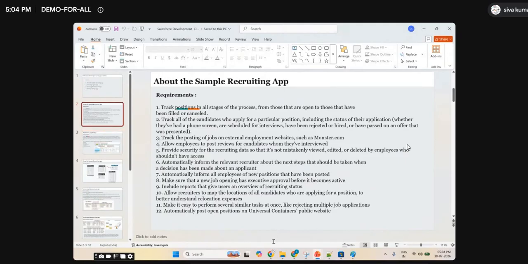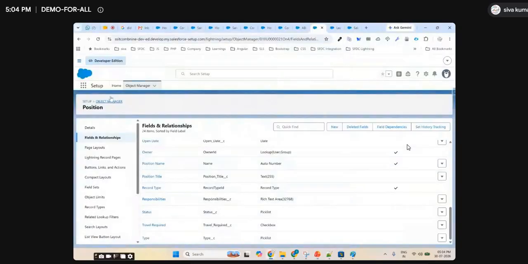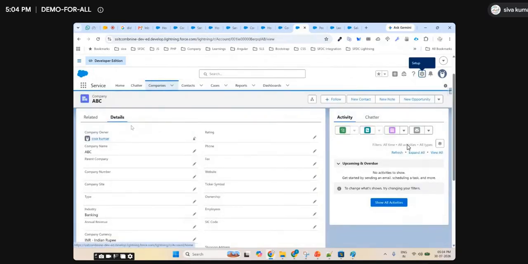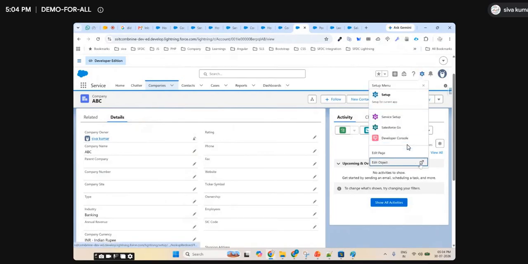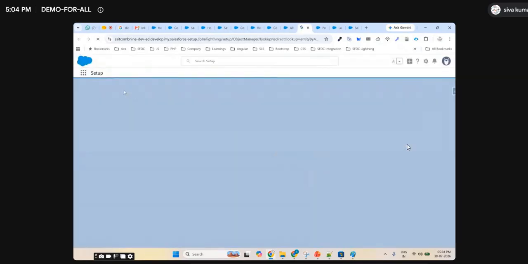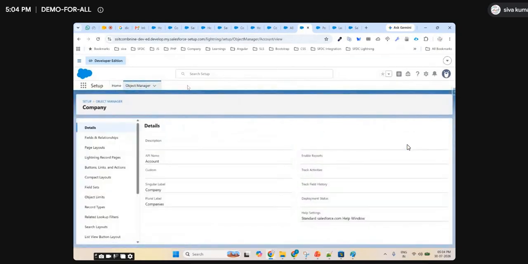Okay. Meanwhile, you can play around with this. I just showed you list views, right? When you create a record, you will see that list view, and play around. If you want to go to the object, you can click here, edit object. And if you want to change the color, I will tell you. Now everything is Google, ChatGPT, right? You can try to add a logo here. How can you change this logo to your logo? And this basic color, the Salesforce color coming here is blue. You can change it to something other than blue. Try that one. I will also show you, but you can try that.